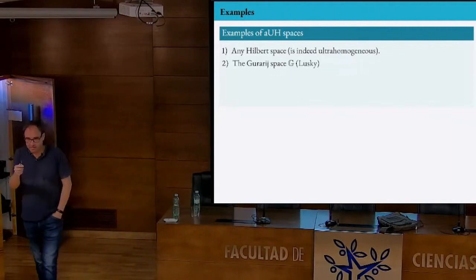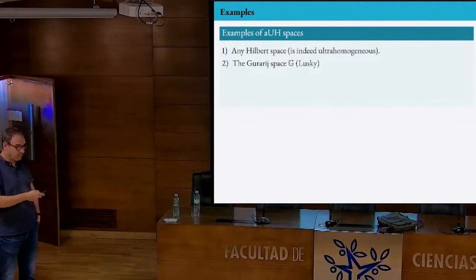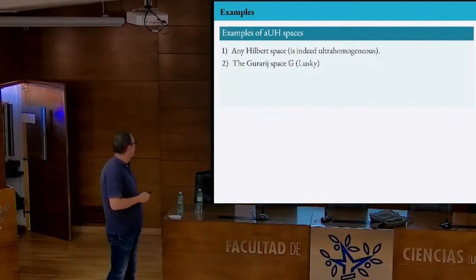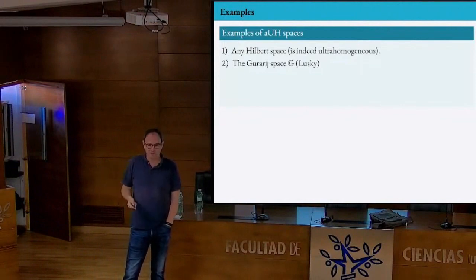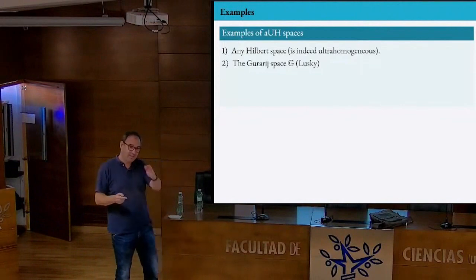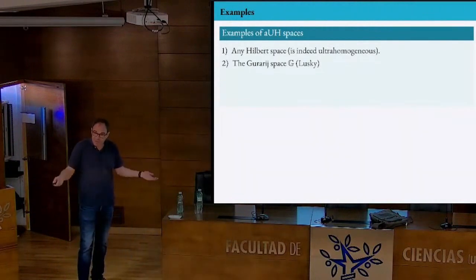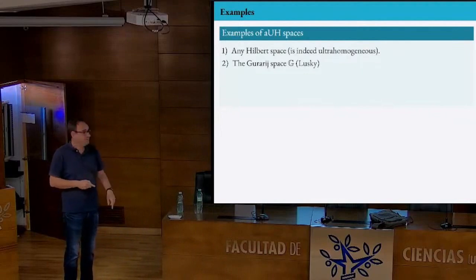The Gurariı space, that was mentioned before, follows the same thing. Hilbert space is the Fraïssé limit of finite-dimensional Hilbert spaces. The Gurariı space is the Fraïssé limit of the finite-dimensional Banach spaces, normed spaces. Yes, you do this in a generic way and you get G, and it is unique in the same way, exactly. Unique up to isometry all the time, yes?